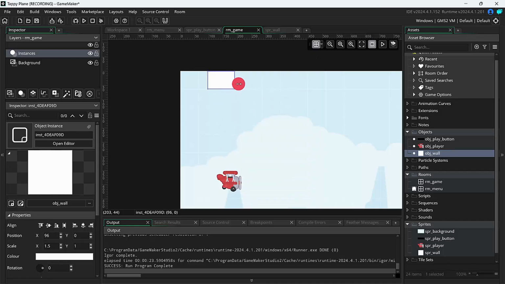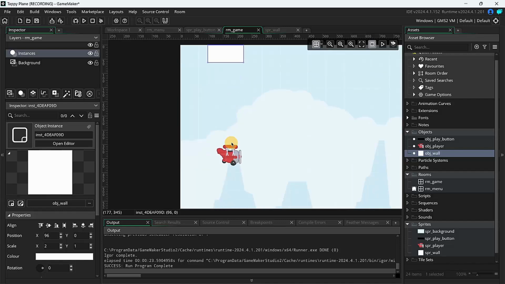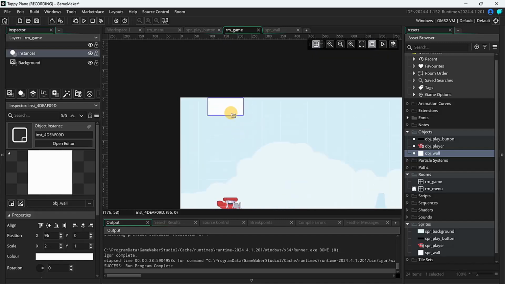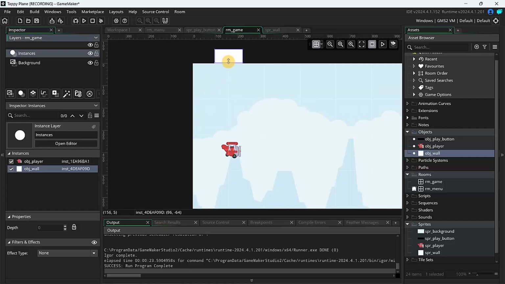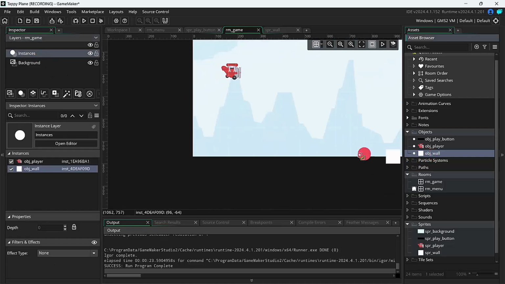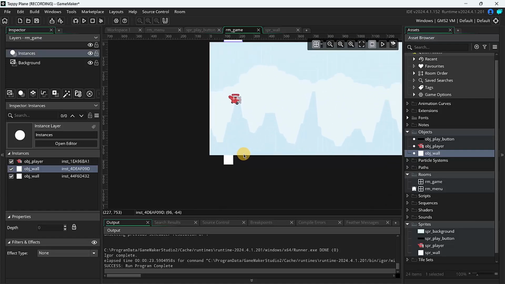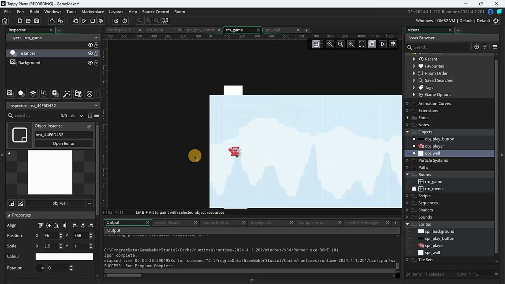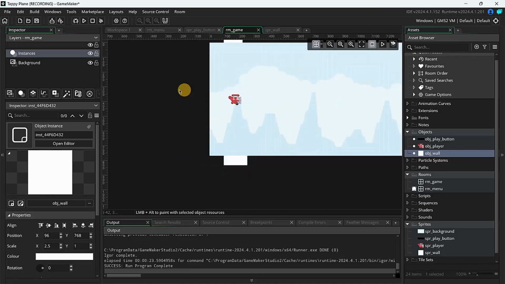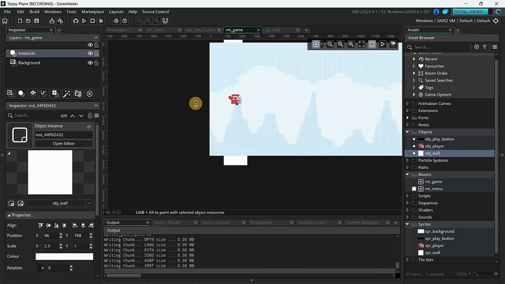So basically I can make this a little bit bigger like this, and it will work just well. And maybe I can move it to the outside of the screen. And then I'm going to be doing something quite similar, but right here. Okay, so let's drag and drop one wall over there. And then I'm going to make it a little bit bigger as I did before. And there we would have the walls. Now, when we play,